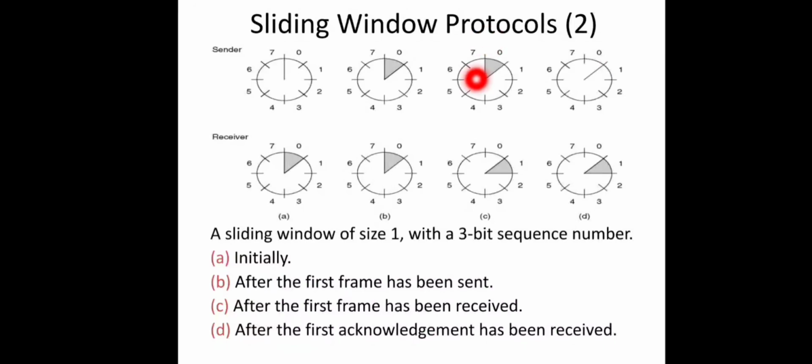So why does the sender keep the frame sent till the acknowledgement is received? There can be some error, right? In that case, the sender will time out and retransmit the same frame again. That is why it keeps that frame till the corresponding acknowledgement is received. And what about the receiver? If the receiver receives any frame which is falling out of its window, here it is waiting for the frame numbered 1, and if it receives a frame numbered 0 again, that means it's a duplicate. So it will just discard that frame.